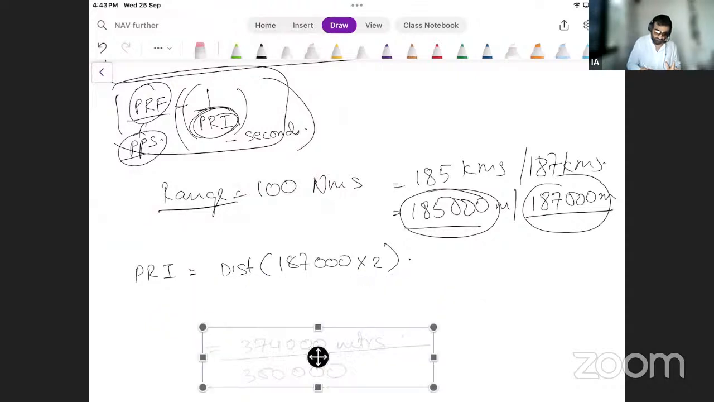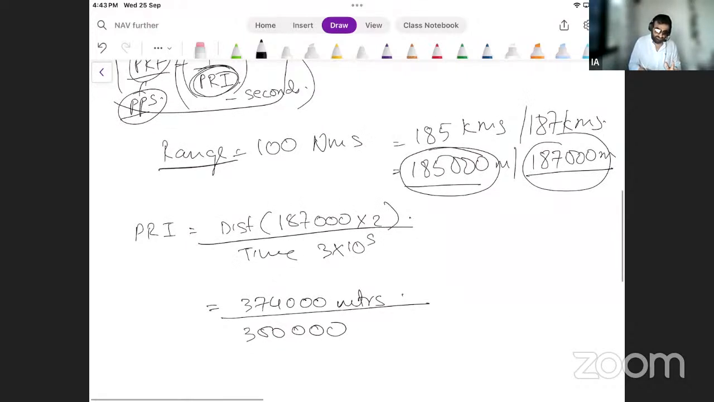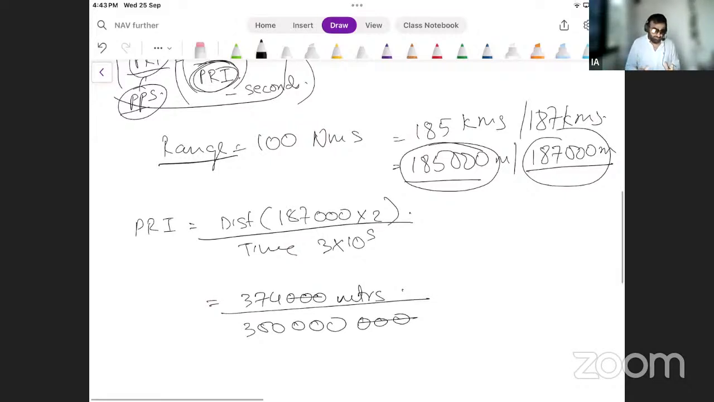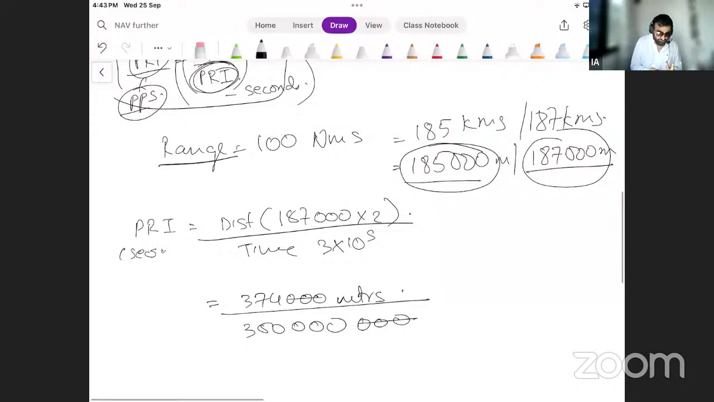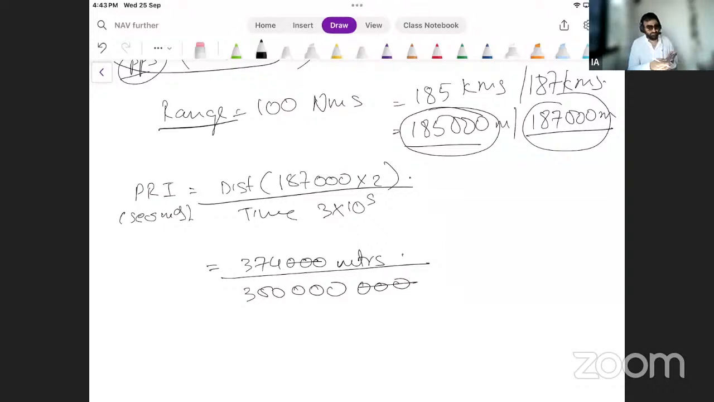Upon time, 3 into 10 raised to 8, which is 0, 0, 0, 0, 0, 0, like this. Okay. Now, if I'm going to solve this equation using my scientific calci, what am I going to get? I'm going to get PRI in seconds, remember? Okay. PRI that I'm going to get in seconds, if I use my scientific calci, will be 374 divided by 300,000. I've cut my 3 zeros in the last, and I'll put this, and I'll get